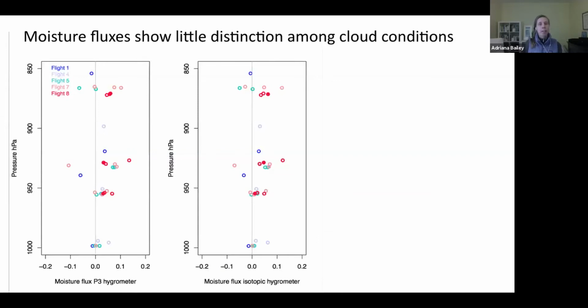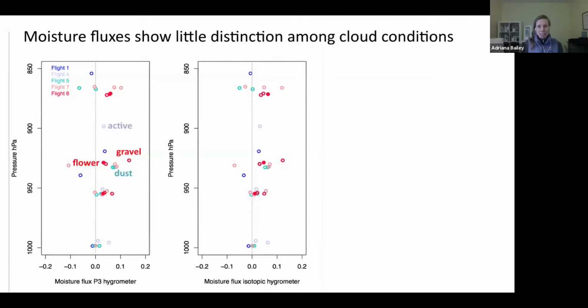You can see that there are moisture flux estimates for different altitudes here, focusing on the subcloud layer and then also the cloud layer itself, but not really going above the inversion, for a variety of flights. We had flights, for example, where dust was present, like flight 5, as I introduced in the previous slide. We also had conditions shown by these closed red circles where flower clouds were present. The open red circles are gravel clouds from the very same flight. And finally, this light violet is showing some of our most active convection that we sampled.